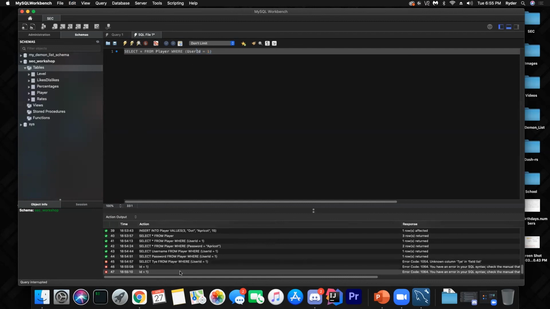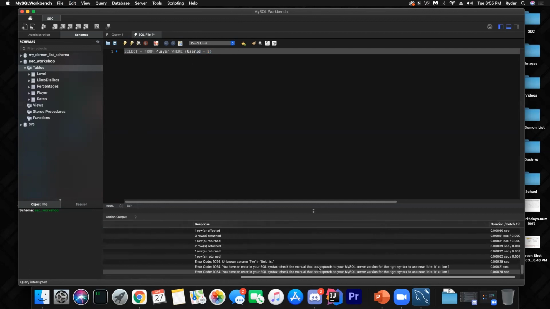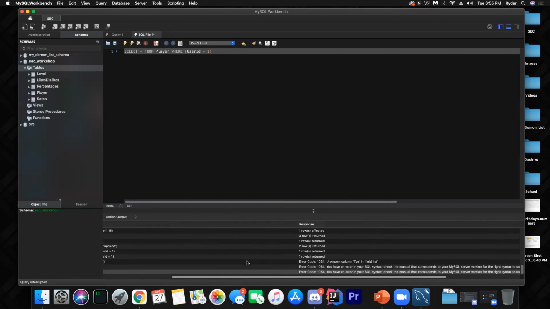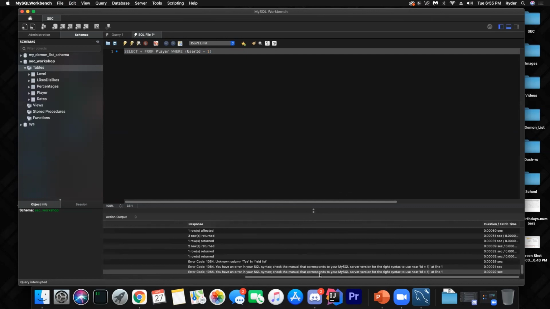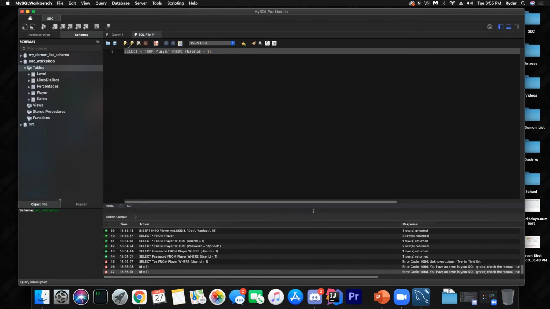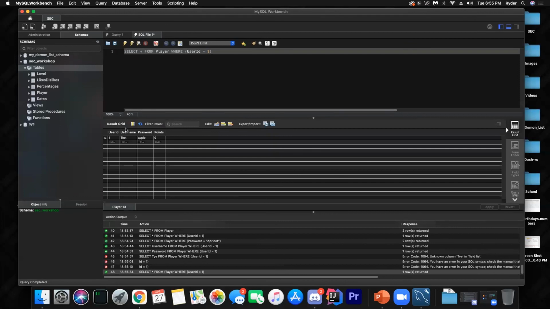Why is it not working? I'm sorry, I'm not sure why that's not working. User ID equals 1. Did I say that wrong? Strange. I don't know why it's not working, but anyway, it doesn't matter. I did it again. Oh, now it's working. Okay. Well, anyway, I don't know why that happened, but either way, that's pretty much the gist of SQL